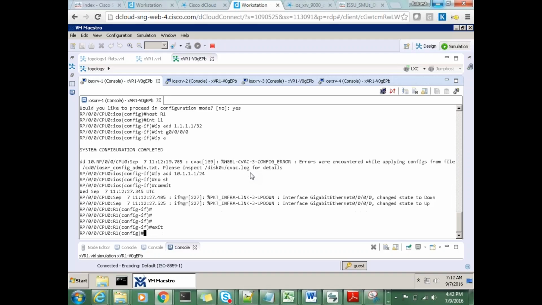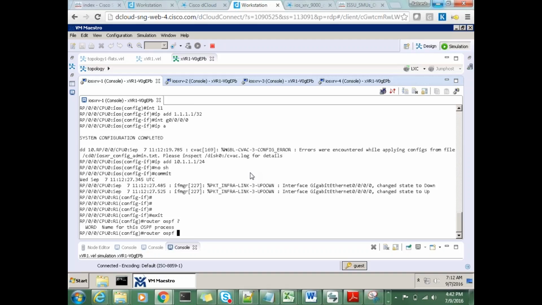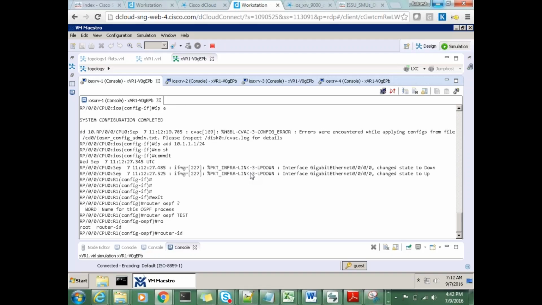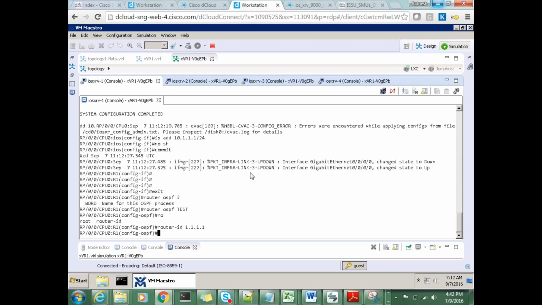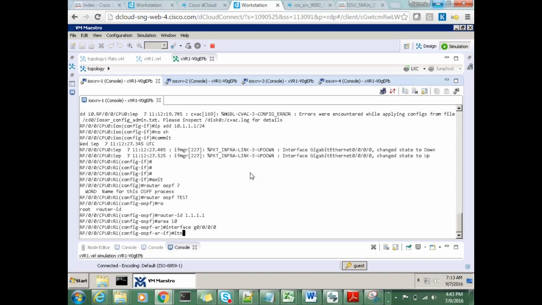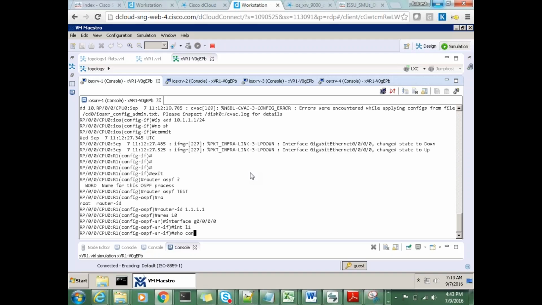Okay. Now if you want to enable OSPF, you have to do it like this: router ospf, and then you can give a number or name. Suppose I'm giving the name test. Then you have to define the router ID. On R1 I can define 1.1.1.1, and then you have to go inside the area. So this is area 10. Interfaces are gig 0/0/0/0 and the other interface is loopback 1. If you check show configuration,